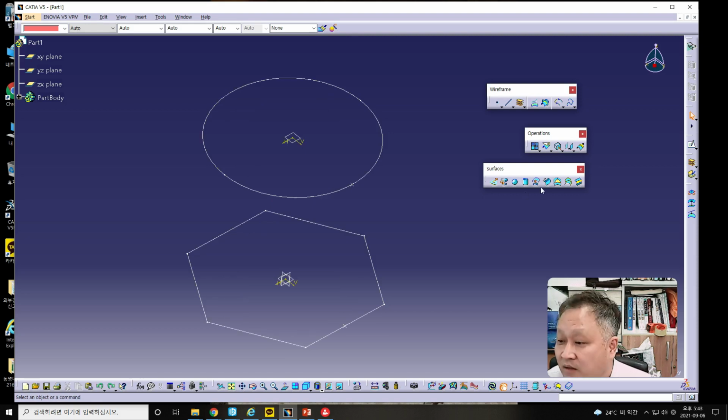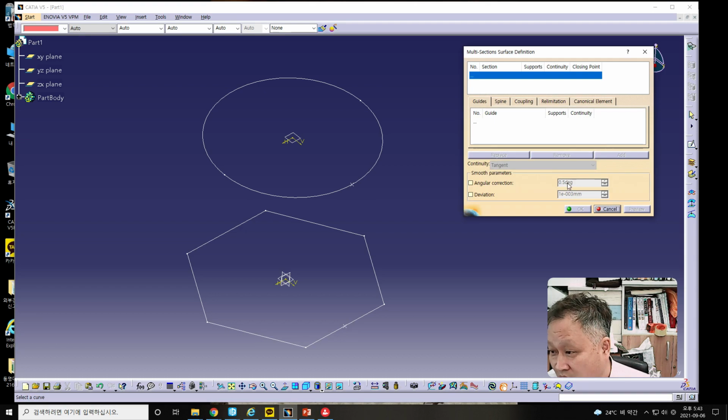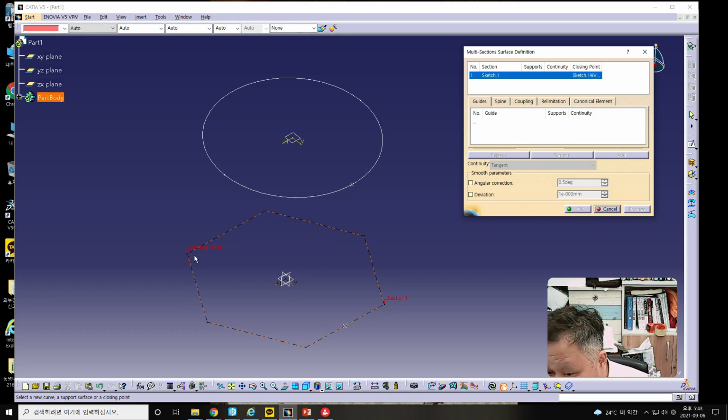Therefore, if you use the multi-sections surface, we should check where the closing point is. In this case, the closing point is automatically determined to this point. Therefore, we should determine it correctly to this. This closing point is changed from this to this, and next